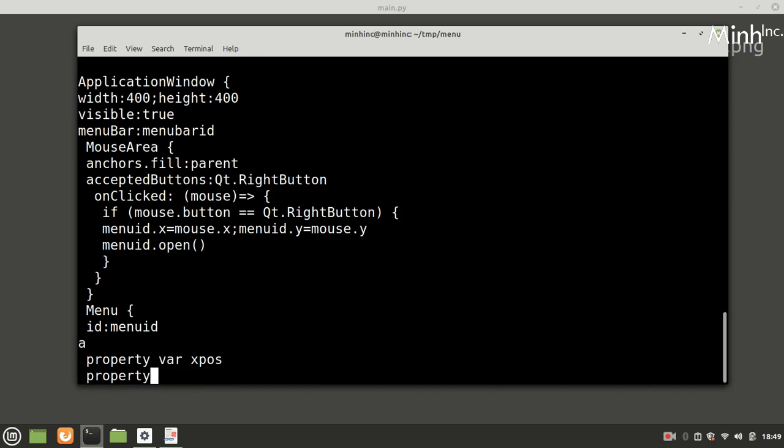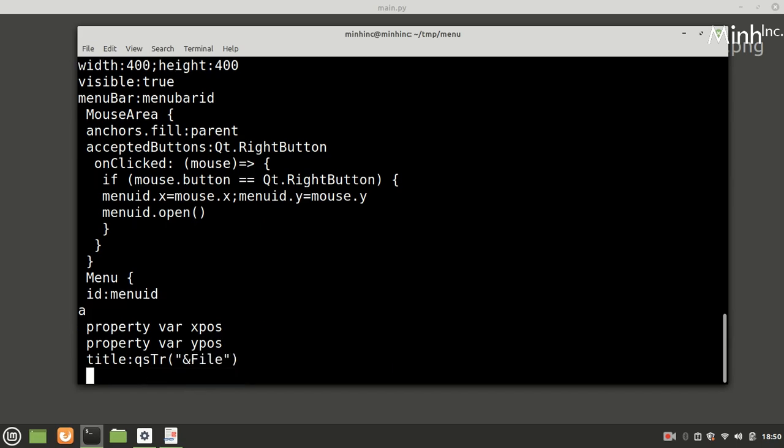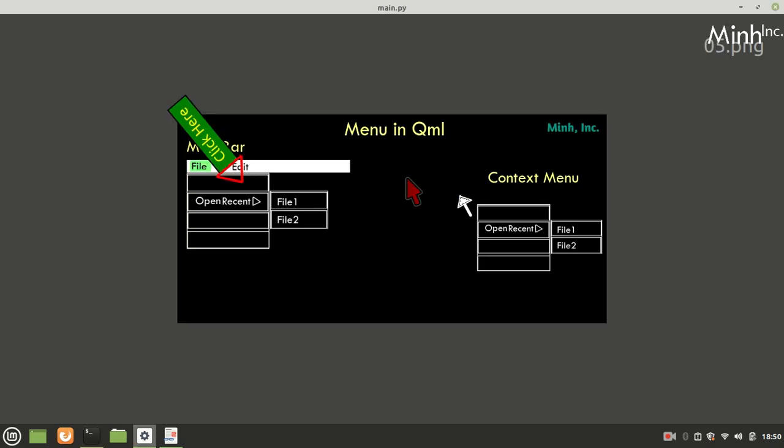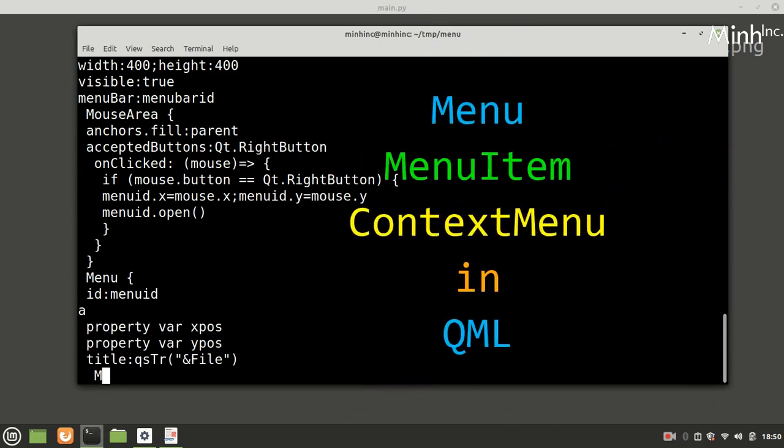And property ypos, title. As per the design we have File, and now we'll do menu item.